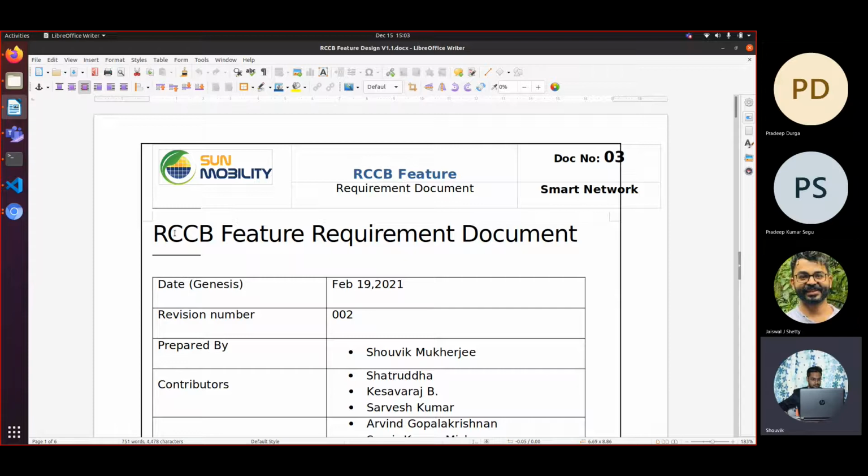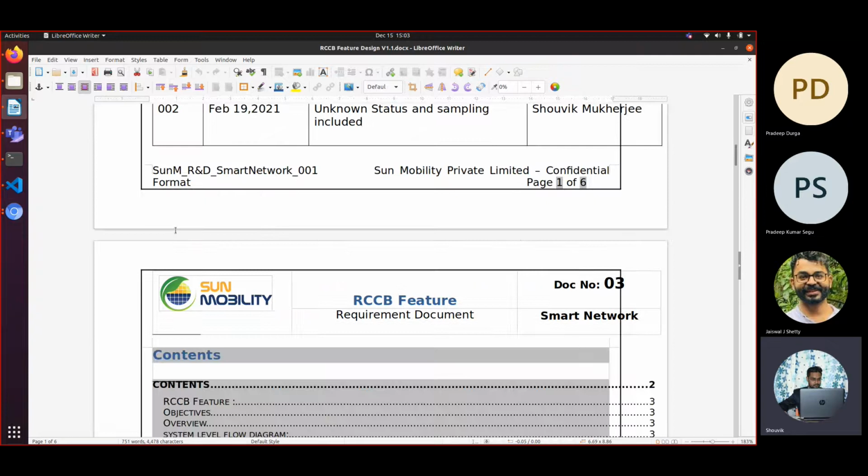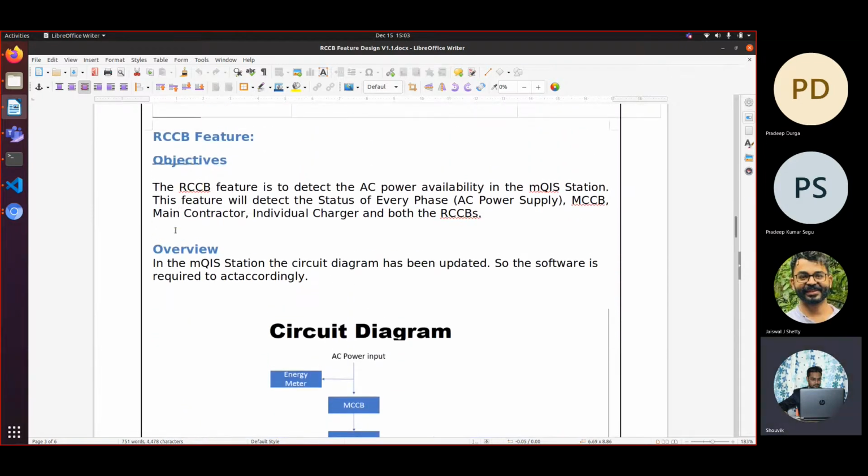Now, the software feature, why we are developing a software feature. Our software feature works mainly in some areas, like the RCCBs we are currently using do not have a feedback. So we are trying to understand the status of the RCCB from the electric feedbacks before the RCCB and after the RCCB.